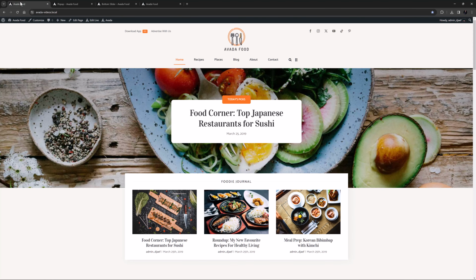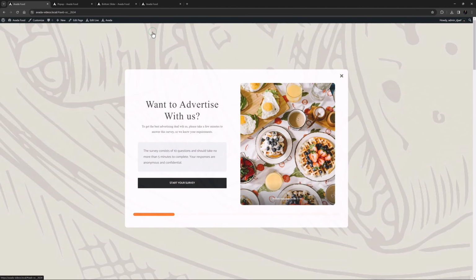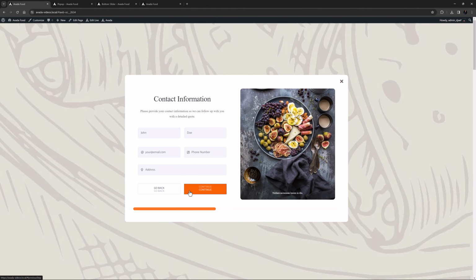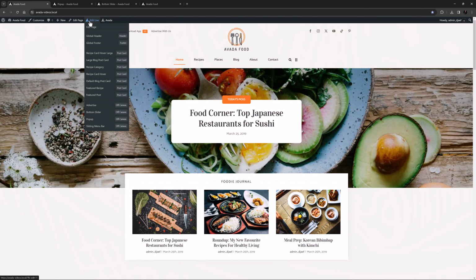If we look at the front end, we can see an Advertise with Us link in the header. If I click that, it opens an off canvas loaded with an Avada multi-step form. Cool, eh? So how did I set this up? If I edit the header layout section,